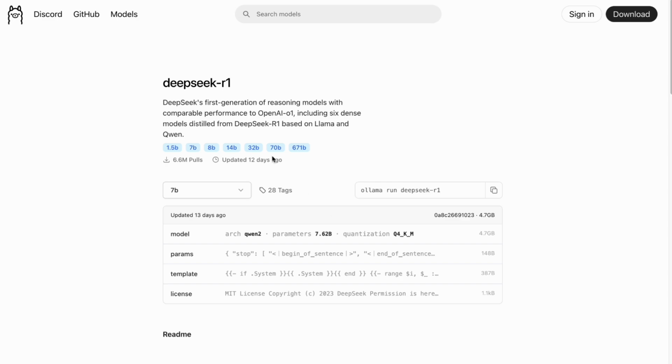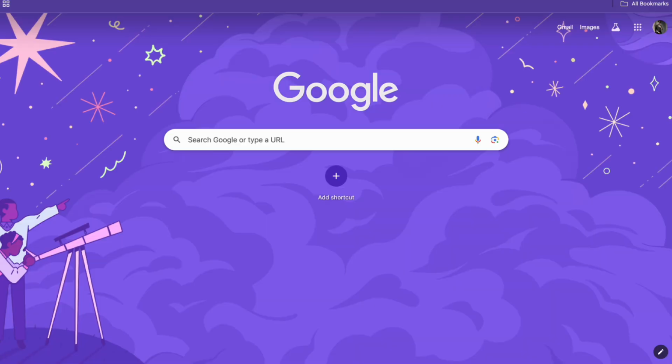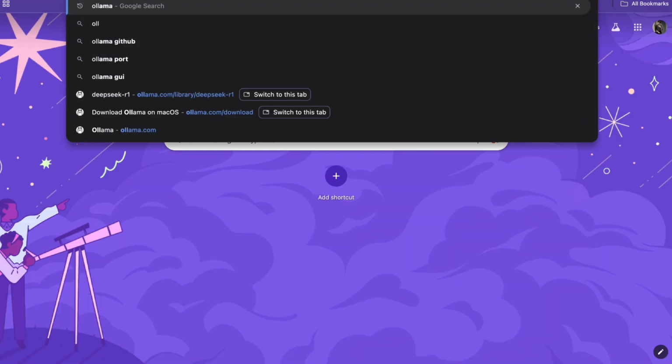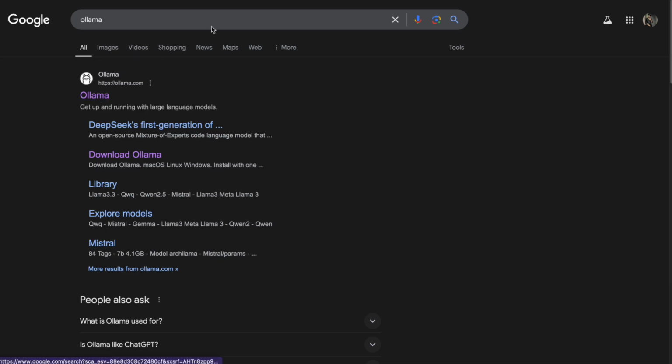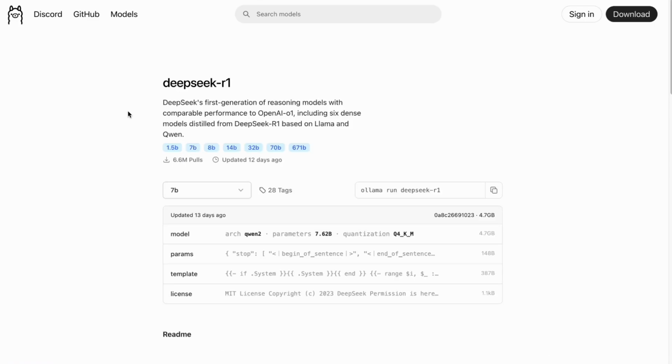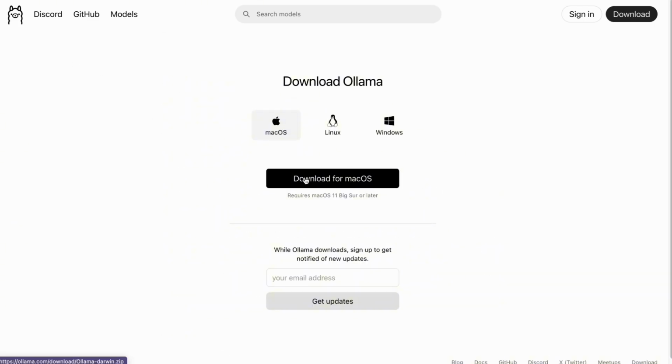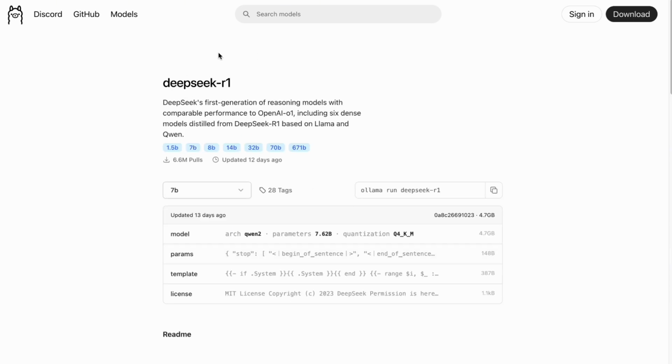So all you have to do is search Ollama in your browser tab. So Ollama, so there you go. And then you click this one. So it's basically the same one as here. And then you download it. So there, it's actually available for Mac OS. I stand wrong. So download it for your Mac OS, and then basically while that's downloading, you will see here